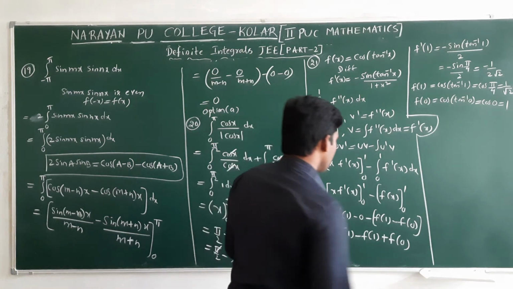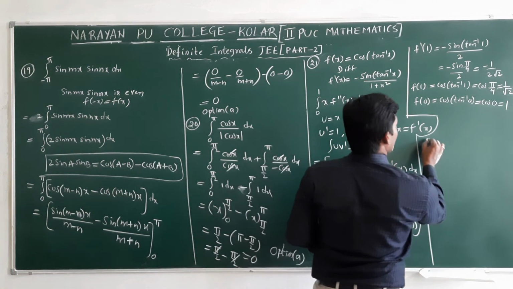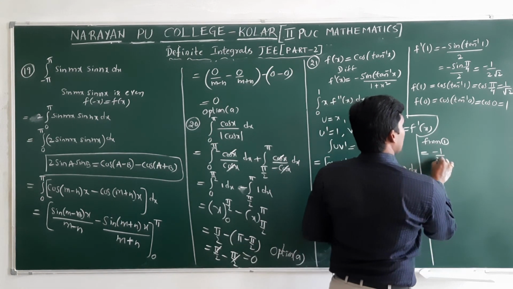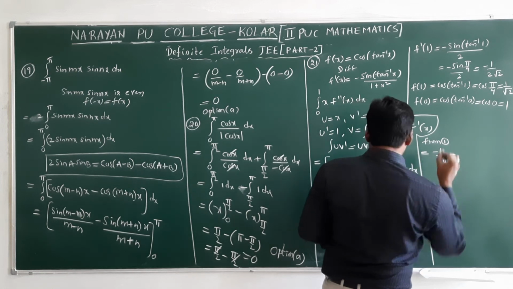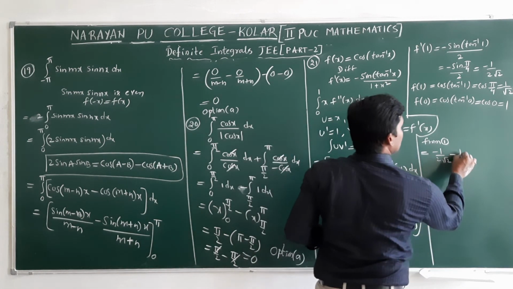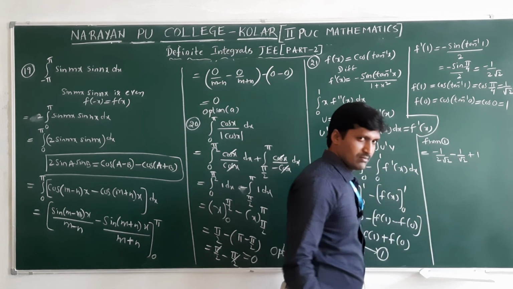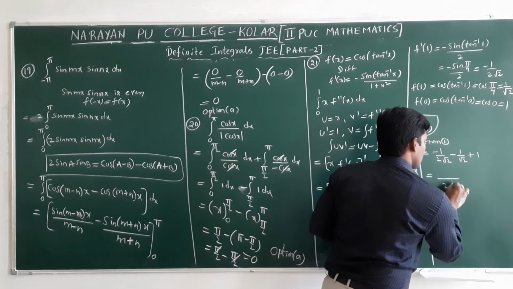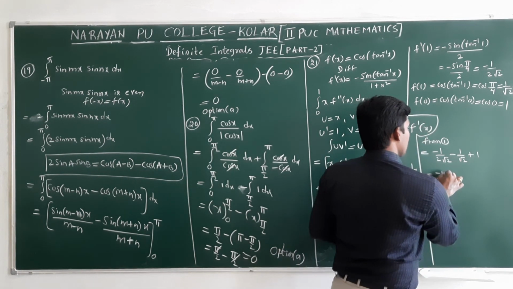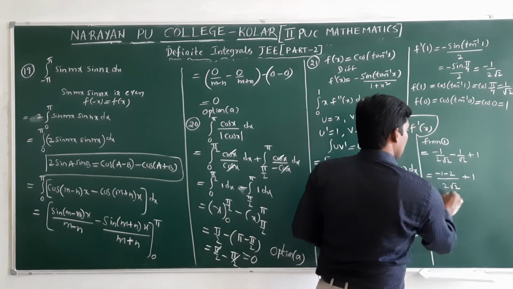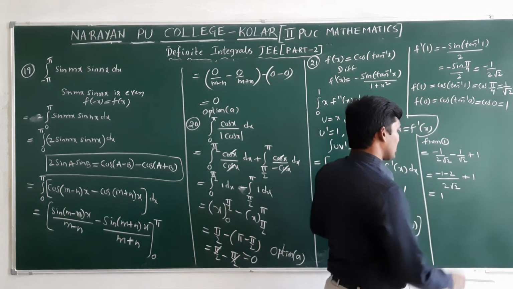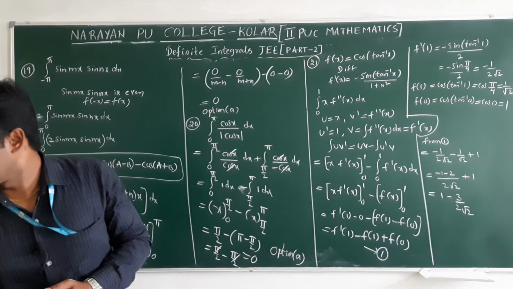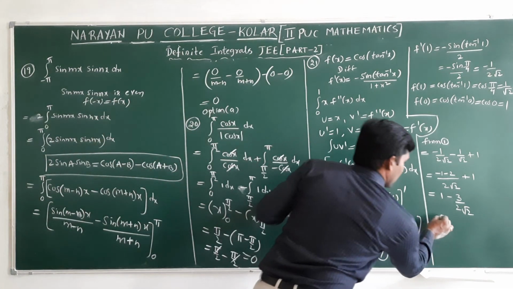These three values substitute in this. Take it as equation number 1. From 1, f dash of 1 is minus 1 by 2 root 2, minus f of 1. F of 1 is 1 by root 2, plus 1. Now here, what is the LCM? Clearly 2 root 2. Two times will multiply here. That is minus 1 minus 2 plus 1. Finally, first positive 1. Minus 1 minus 2 is what? Minus 3 by 2 root 2. The answer is 1 minus 3 by 2 root 2, that is option D is the correct one.